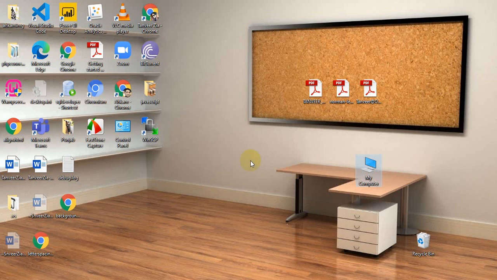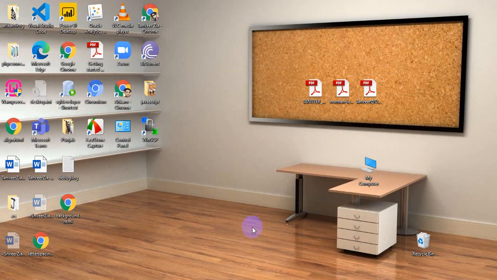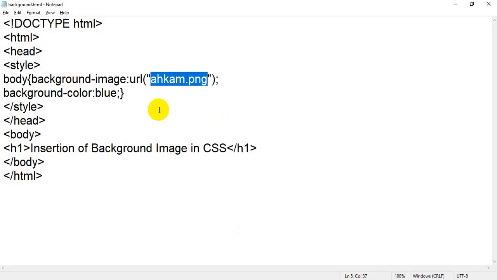Similarly, I want to add an image for my background which is not at the same place, but in some other place. So we have to pass the full address or full URL.